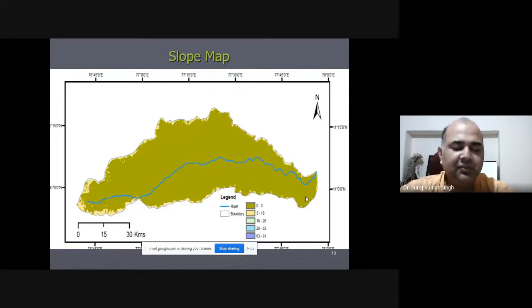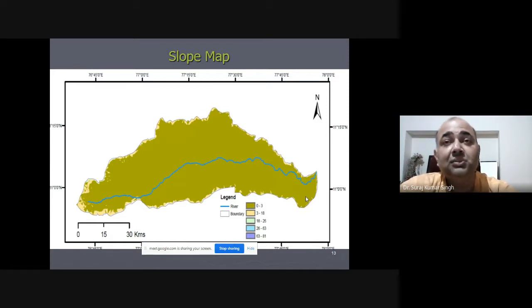There are free of cost remote sensing datasets with a spatial resolution of 30 meter, where you have got SRTM with a 90 meter or 30 meter spatial resolution. Then you have got ASTER GDEM with a 30 meter spatial resolution, and then you have got Cartosat that is downscaled to 30 meter resolution, provided by ISRO, Government of India, through the Bhuvan portal, where you can download the digital elevation model of entire India.